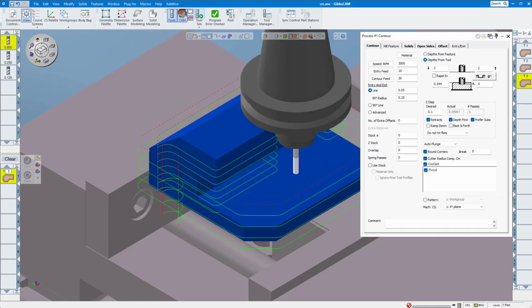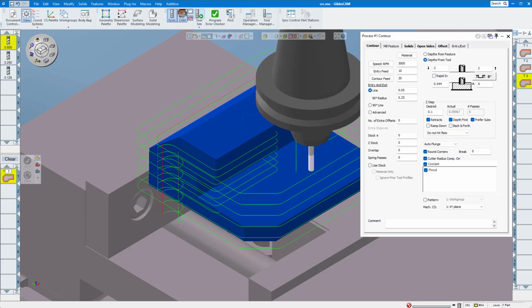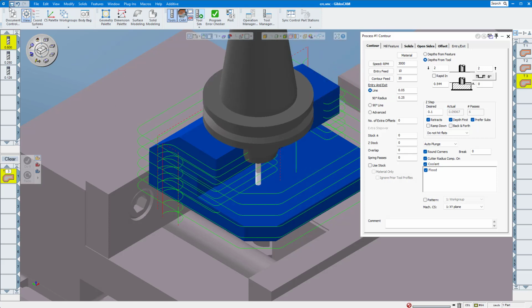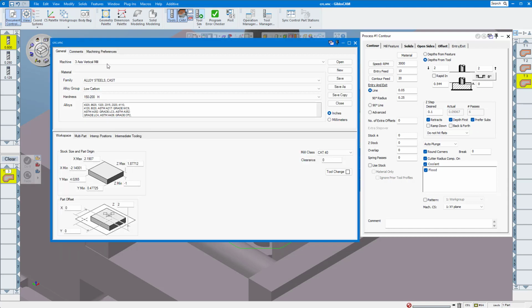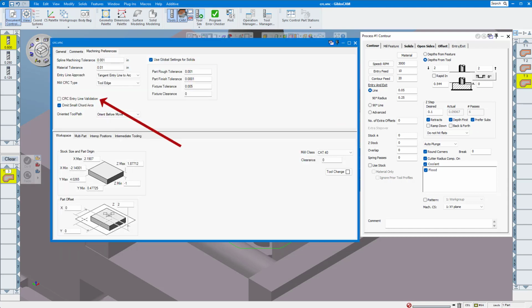Okay. So one more thing I'd like to mention is CRC entry line validation. That's up here in our document control also. Turning on this option causes Gibbs to check to make certain that the entry and exit line length is greater than 0 on every operation where cutter radius comp on is checked. The reason for this is simple. If cutter comp on is checked, but the entry and exit line length is 0, you'll either receive an alarm at the machine control or the offset will be applied during the first line move of the toolpath, which could